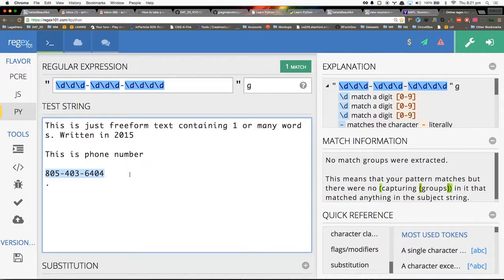So let's say I had a list of numbers. Someone entered it without the area code. Someone entered it like this. Then it would become a very complex regular expression. And maybe we could cover that for homework or for later. But yeah, it gets messy very quickly.